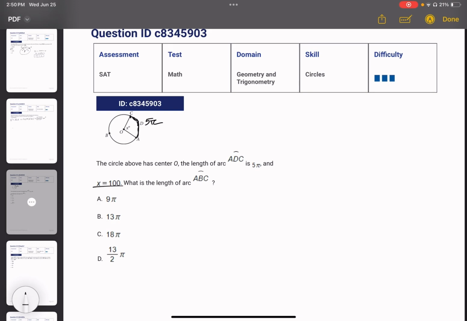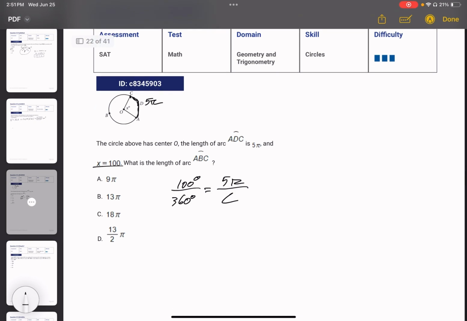So we can set up a ratio where 100 degrees over 360 degrees is equal to the arc length 5 pi over the total circumference c. And we can solve this by solving for c. What we're going to do is c is equal to 5 pi times 360 over 100. And when we use our calculator, we get